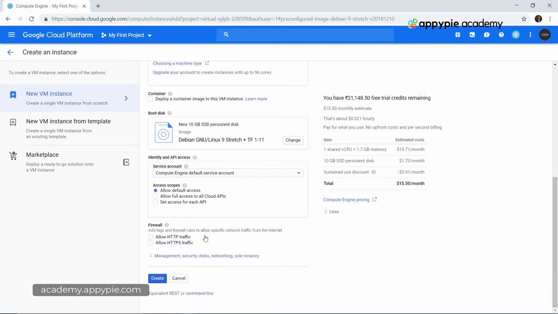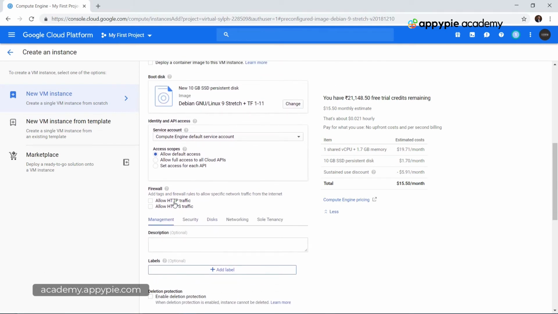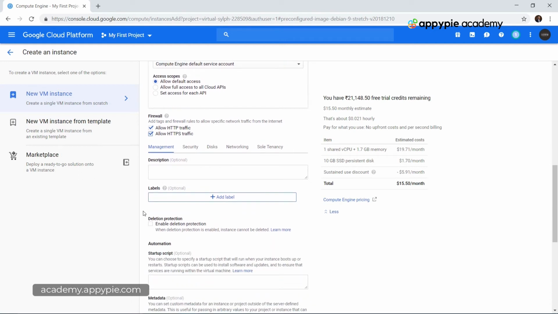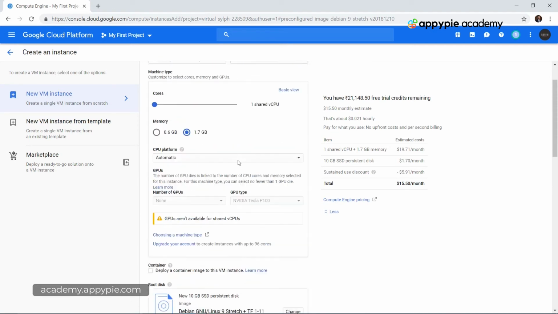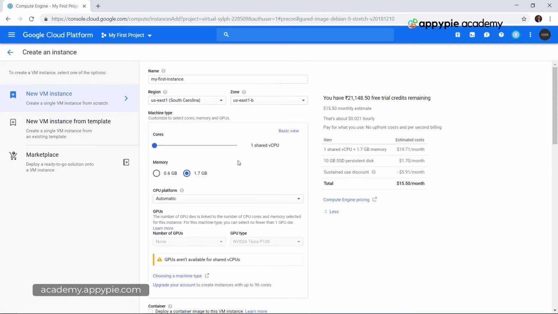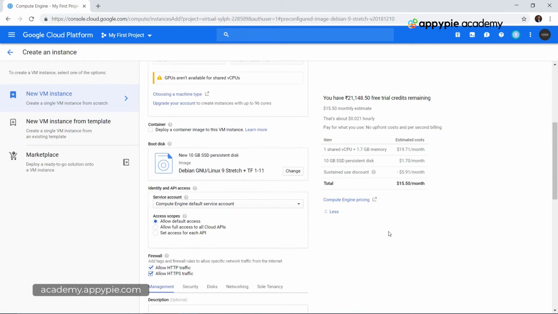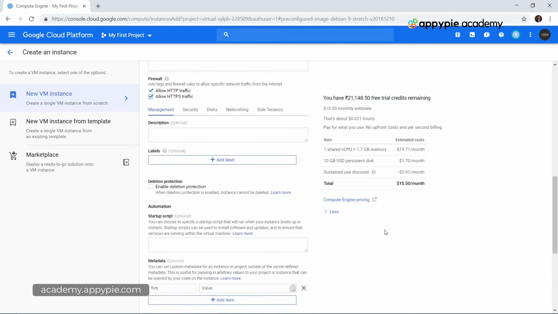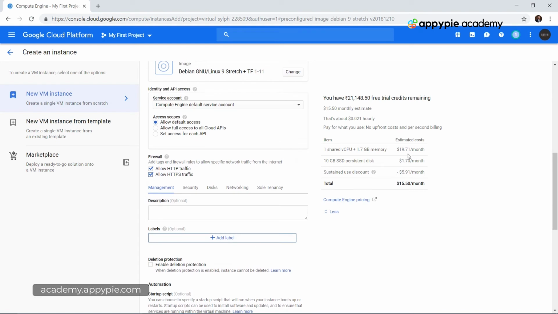After this we have the firewall, which is allow HTTP traffic or HTTPS traffic. Later on we'll be changing these variables, but for now let's allow this traffic, because we'll also be looking at TensorBoard, which will use the HTTP or HTTPS callback function to read and write the different types of data stored on your system, which refers to the training progress of your model.